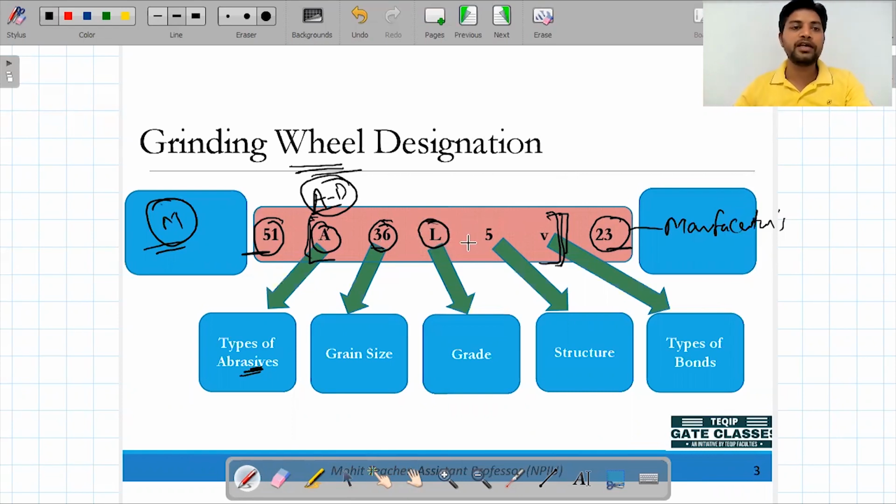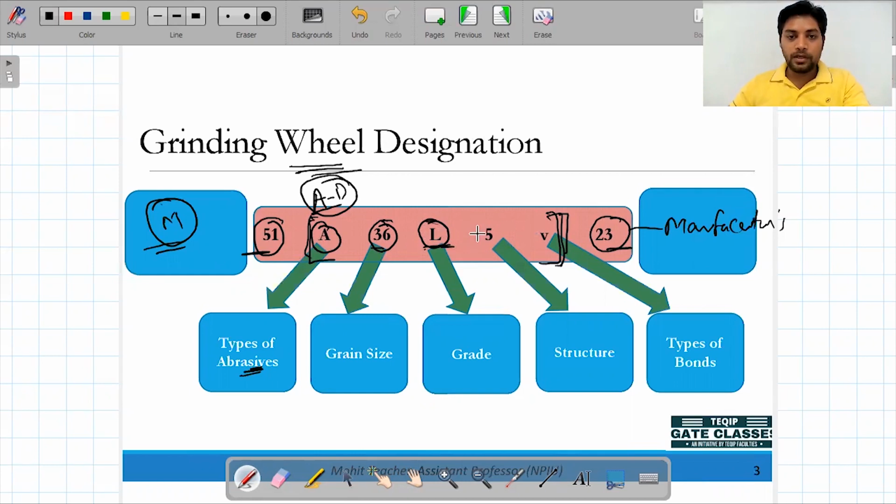Because we are defining the grinding wheel designation. Grinding wheel designation means what type of grain we are using and what is the size of that. So the grade is nothing but for what material we can use it, or through which material we are making this grinding wheel. Both are related. For which material you have to use the grinding wheel also depends on which category, that is, what grade we have to use.